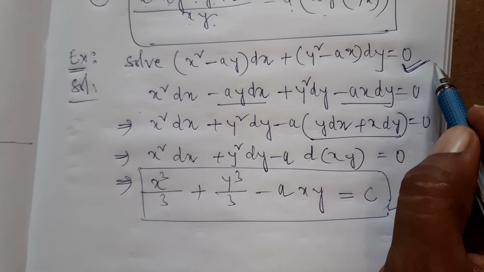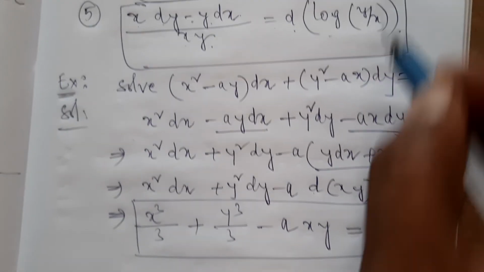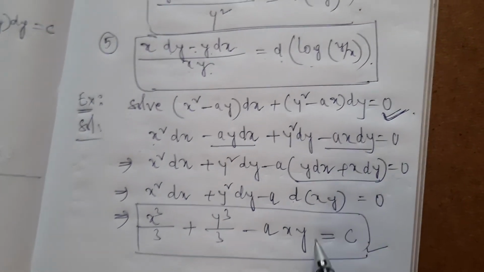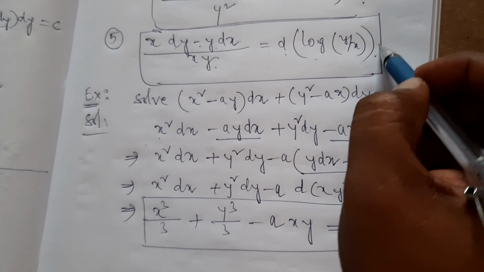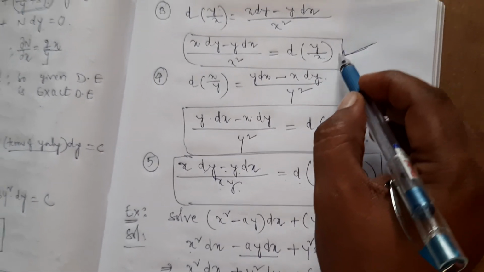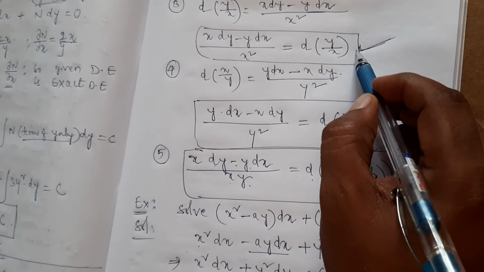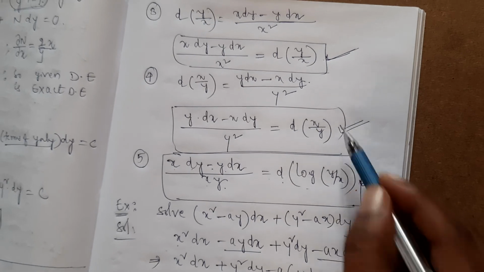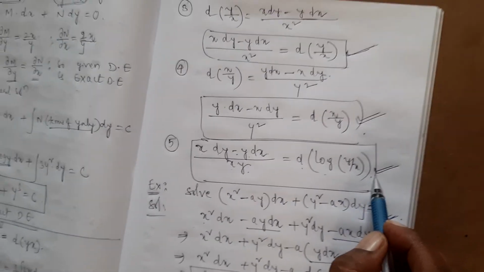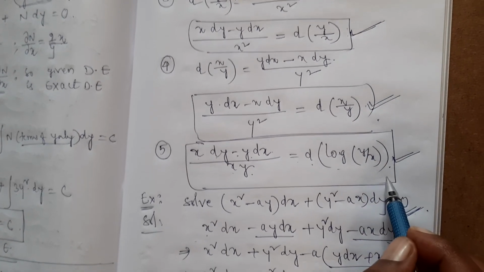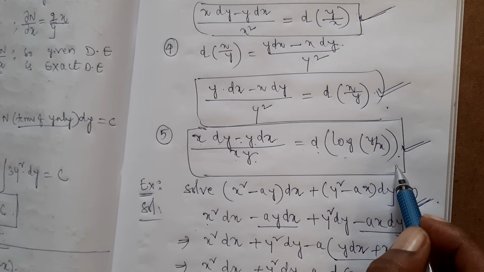Means without using any other method, with the help of these integrating factors, simply by simplifying like this you will get the solution. So these integrating factors are also very important, exclusively from a competitive point of view, not for the board exam. From the board exam point of view, they never ask this standard. Exclusively from the IIT and JEE point of view, these are very important integrating factors. Okay, thank you.